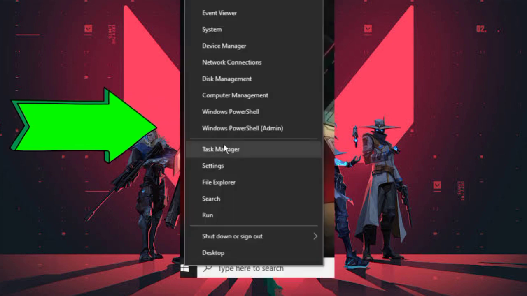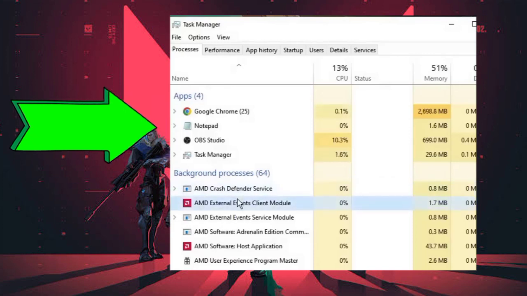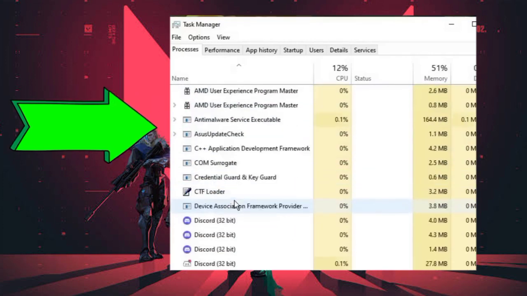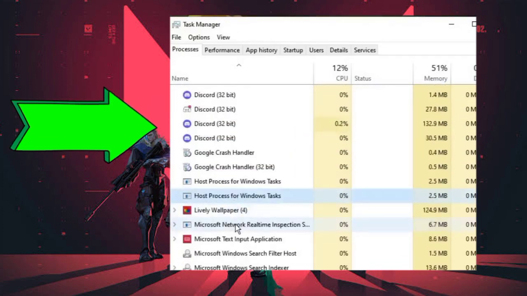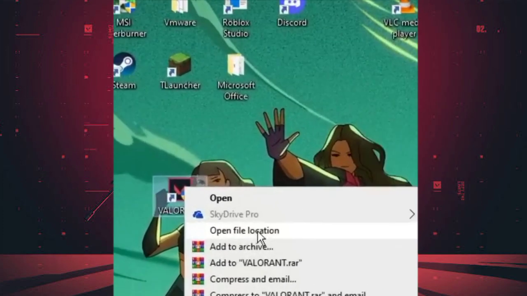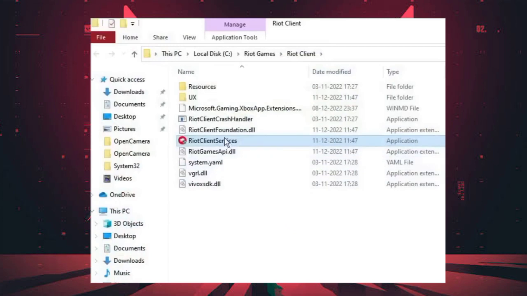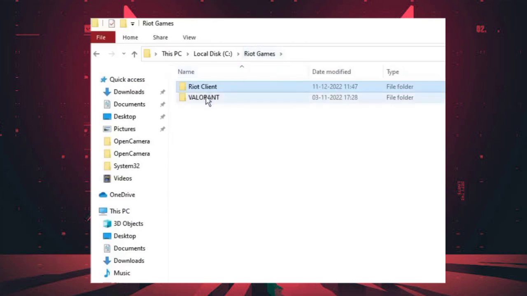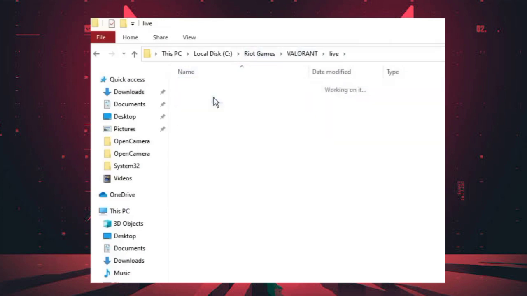Open Task Manager. Search for Valorant or Riot client. Close it if found. Open the Valorant icon. Right-click on it. Open File Location. Select Riot Client Services, Riot Games, Valorant folder, and select Live, Shooter Game, Binaries,